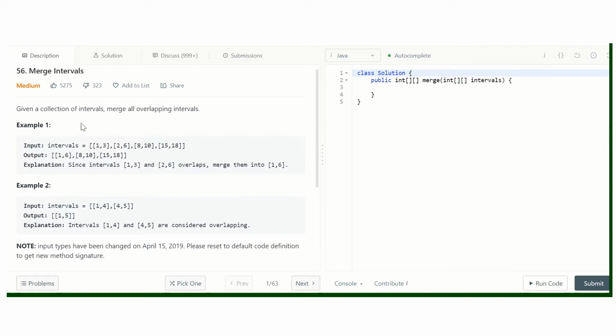So how are we going to approach this problem? In most merge intervals or intervals problems, we need to sort them on the basis of either end time or start time, or some custom sorting you have to apply. Similarly we are going to apply here.